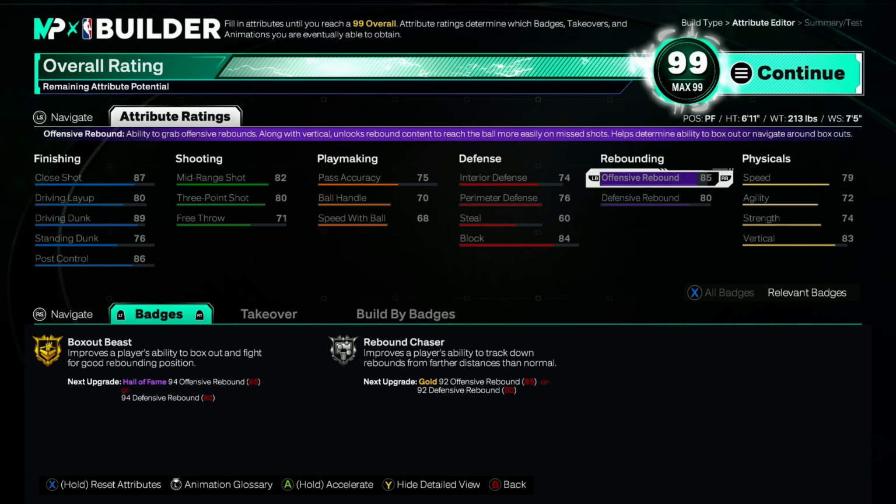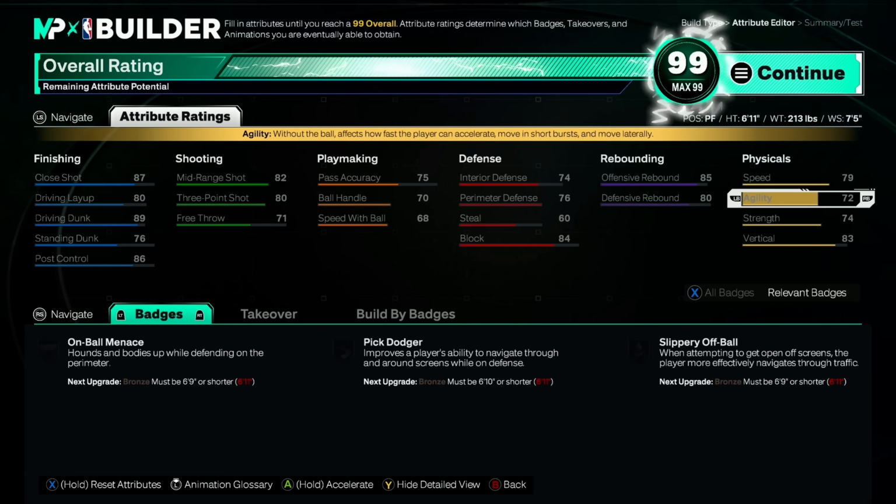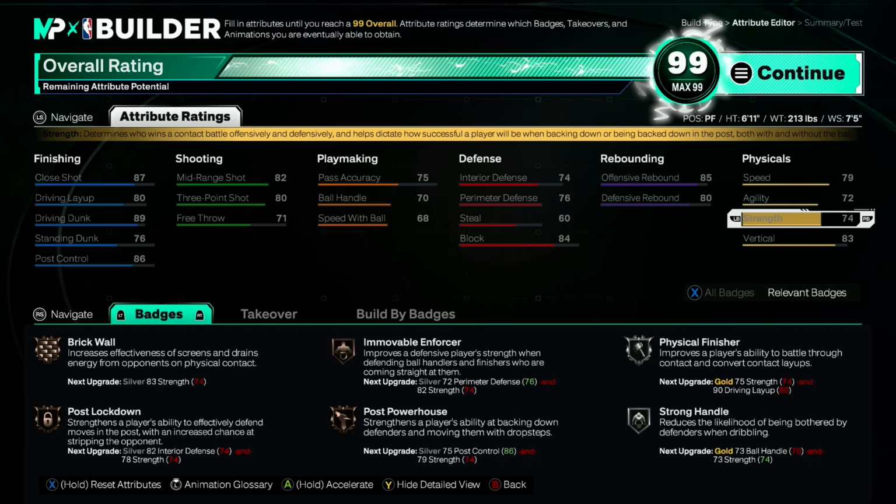The rebound is where this build really stood out compared to the next one, with the 85 on the offensive, so I could actually get the box out all the way. Look at it, I got the box out beast on gold and the rebound chaser on silver. Defensively, when it comes to rebound, I went with an 80, which is good enough for this position. With the speed, I actually maxed it out with a 79, the agility 72, strength 72, maxed out,